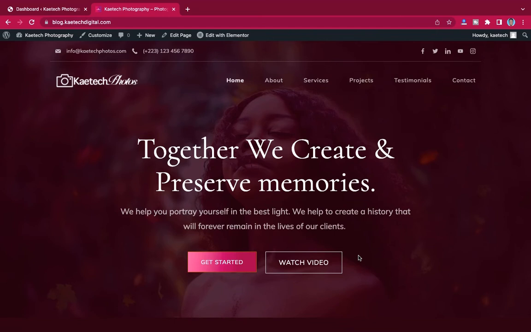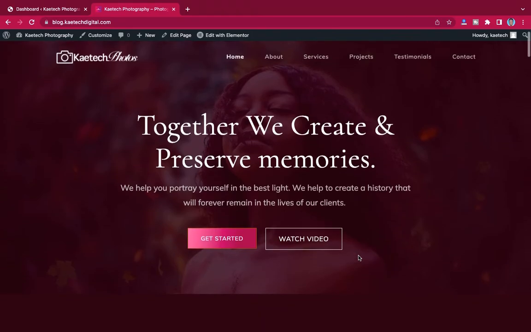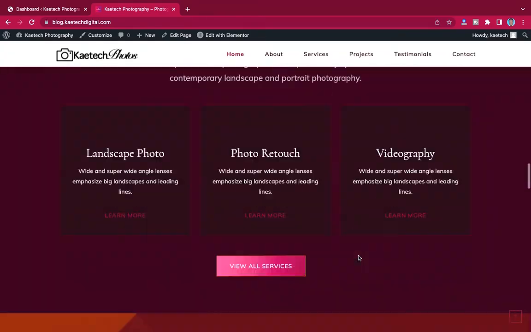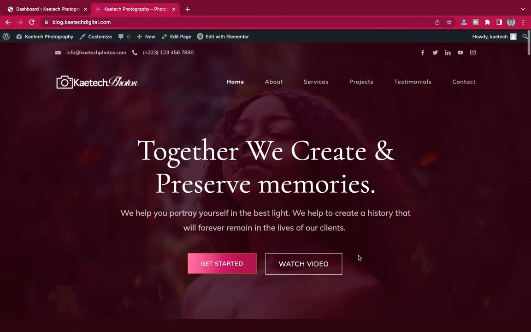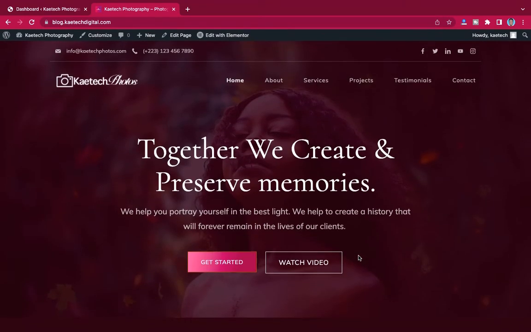Now in this video we're going to create this beautiful photography website over here. As you can see, this is a very sleek modern photography website that anybody who is into photography can create. So it comes with